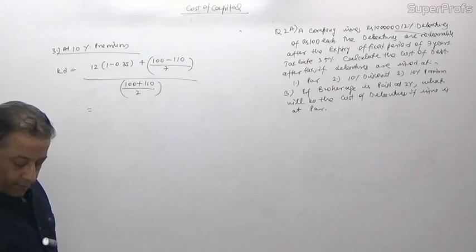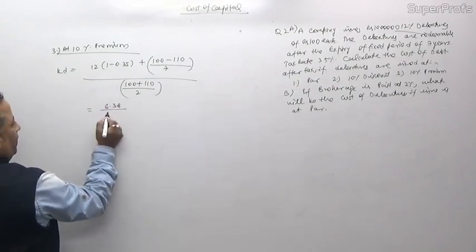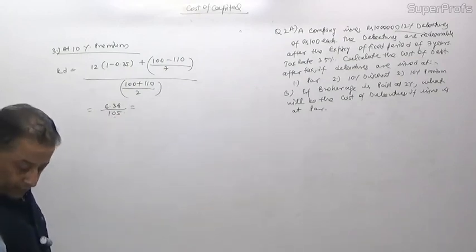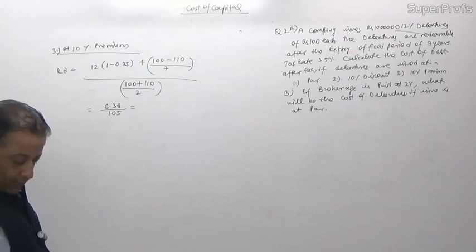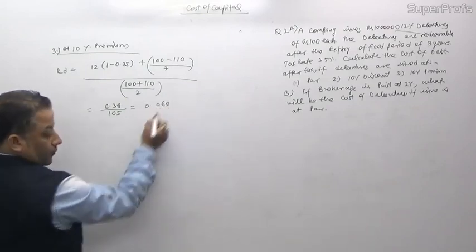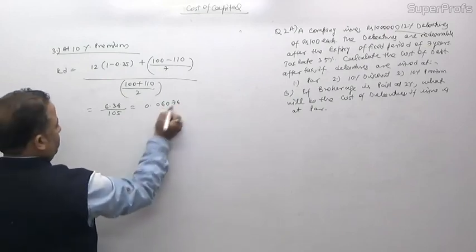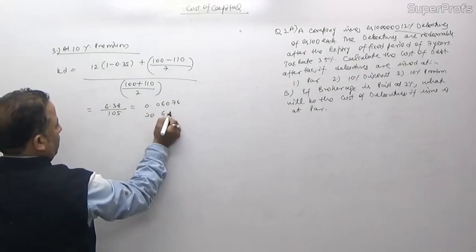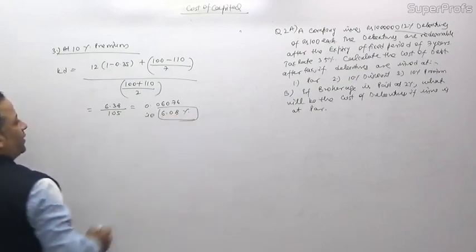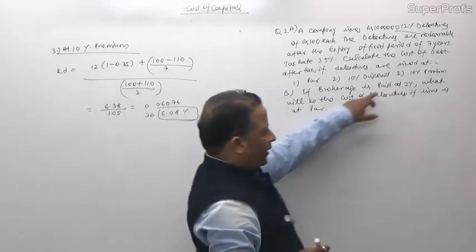7.8, 6.38 divided by 105, 0.6076, around about 6.08%. And in the last part, if brokerage is paid at